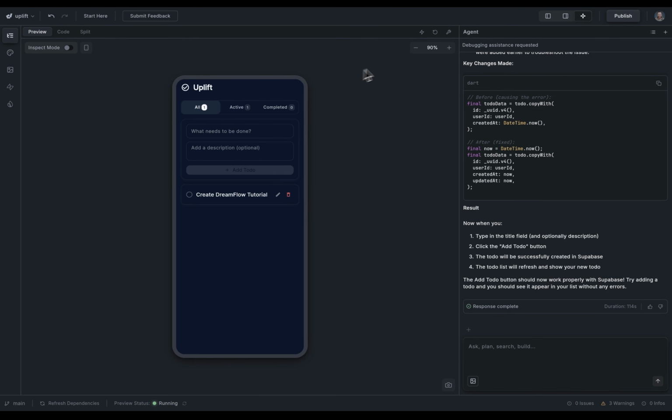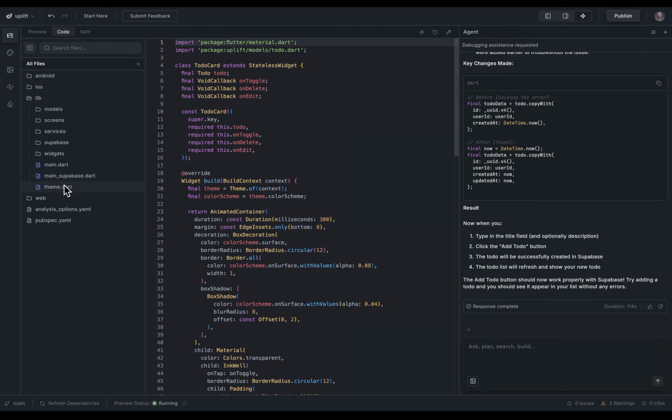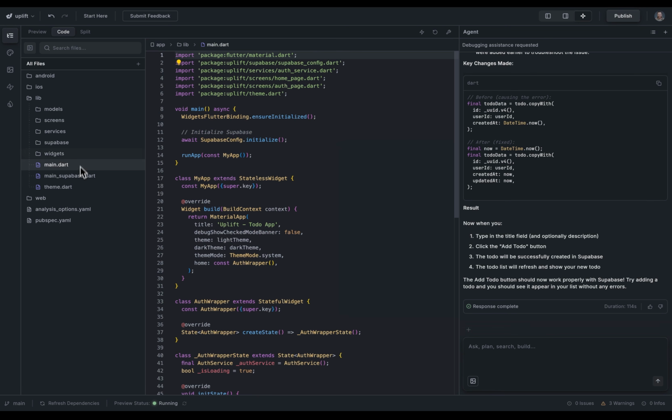Now, so far we've used our agent to make changes to our app. We've selected widgets and modified their properties in the property panel, but there's one other way that you can interact with your app, and that's directly with the code. And you can see that up here. So if I go into code view, you can see I have full file system access